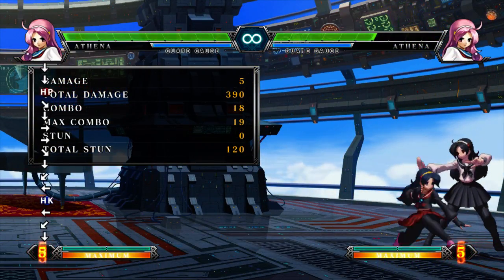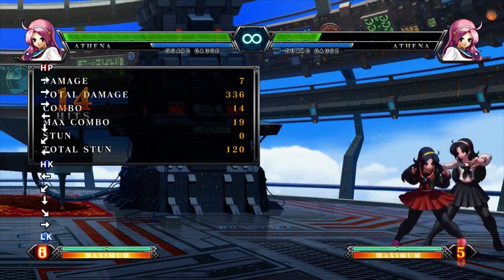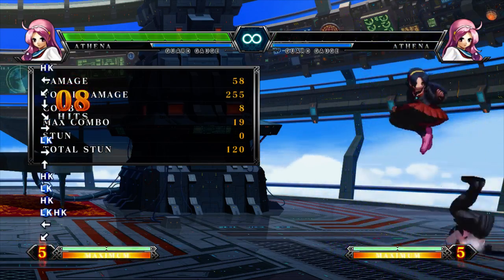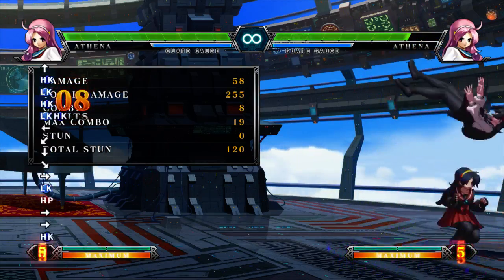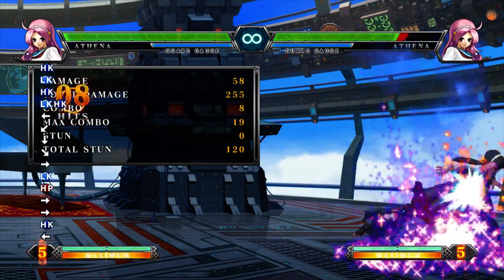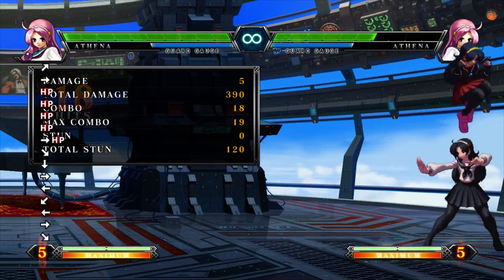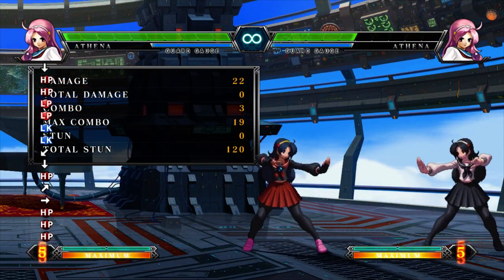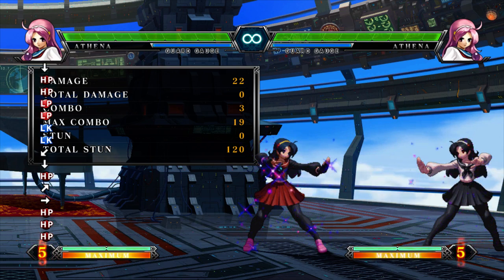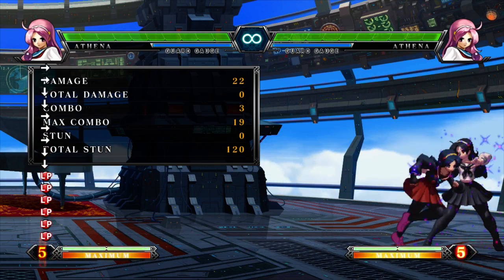Now the timing on the cancel here is important. If you wait too long, it won't work. And if you cancel immediately, it won't work. So you need to time this right. Like that. Okay? Now, the timing that you need to hit will change depending on the combo, which is why she is not an easy character to learn. Okay. Now, for a drive...